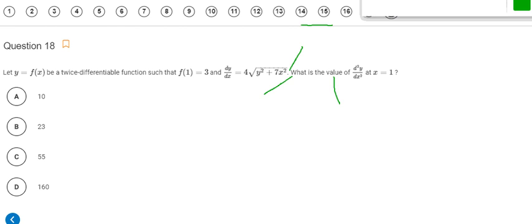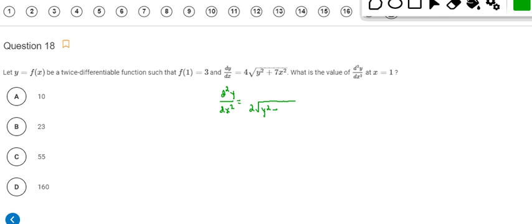All right, and last but not least, number 18. That's what we got going on. All right, so y equals f of x is a twice differentiable function. That is important to know because we're asking for the value of the second derivative. If it were not twice differentiable, then this would not matter. Okay, so let's go ahead and get into this. So we need to take the derivative of our derivative. So that means d squared y dx squared is going to equal, and the derivative of this, we're going to have 2